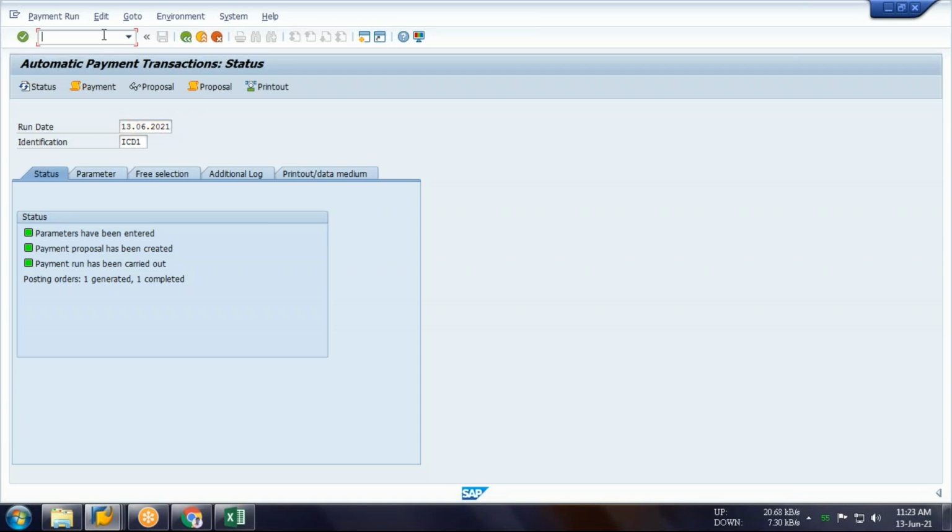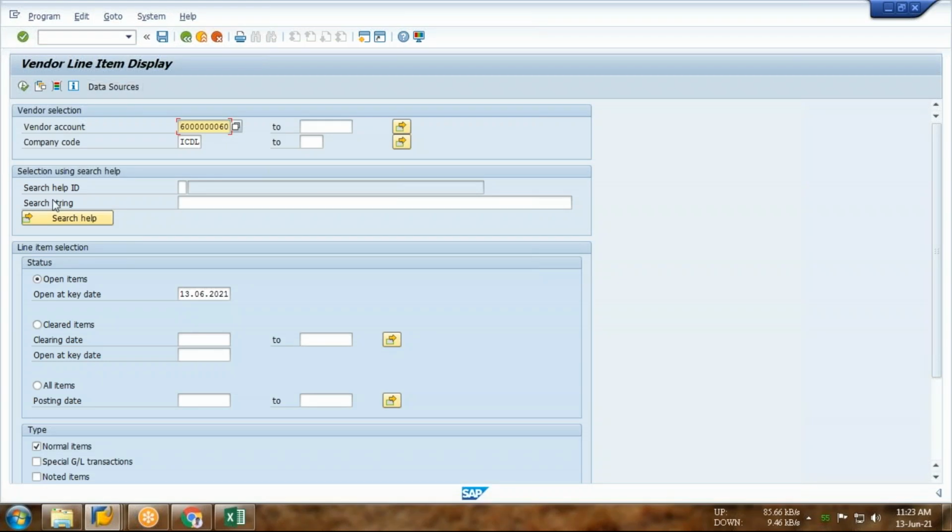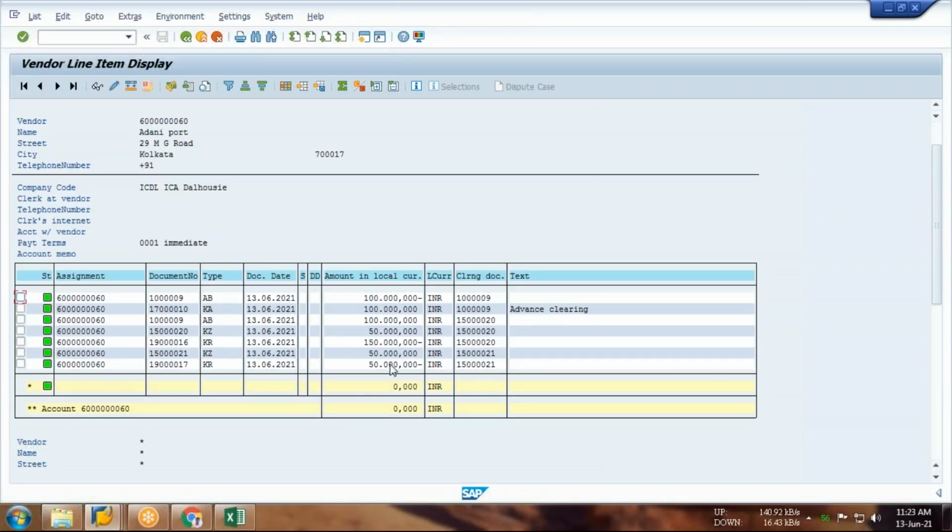And after that, if you see the vendor invoice in FBL1N, here you can see there's no open item. If you want to see the clear item, click on it. Here you can see this is the clear item. So this is the way you have to clear with the automatic payment.